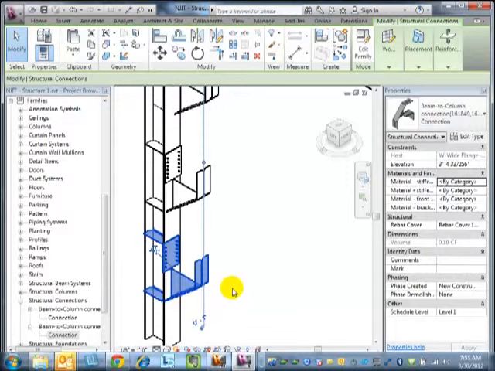Yes, because it's hosted by that column. Okay, cool. It's just as easy as copying. The order of